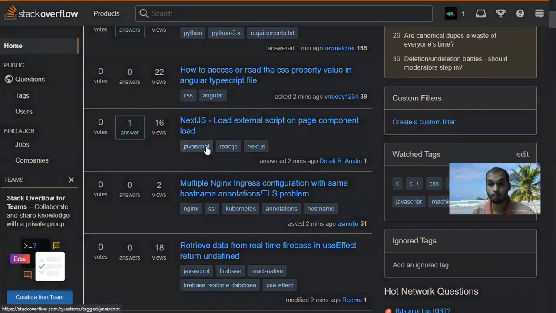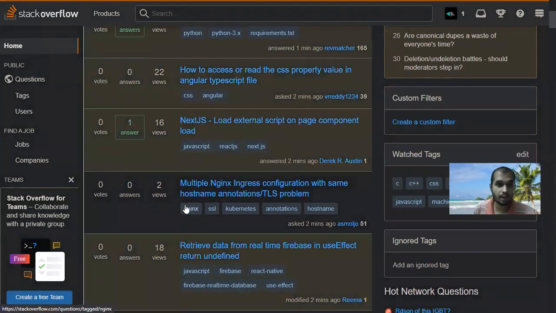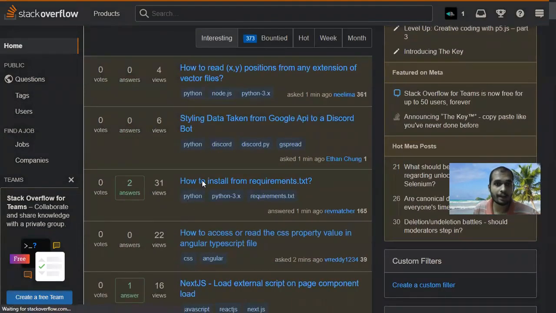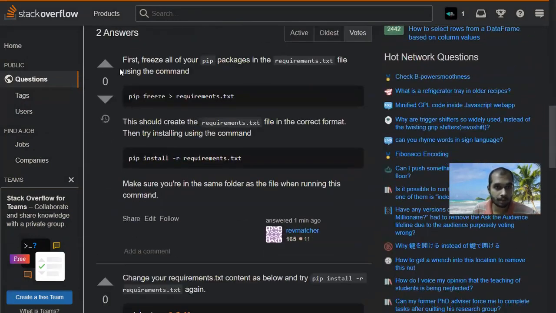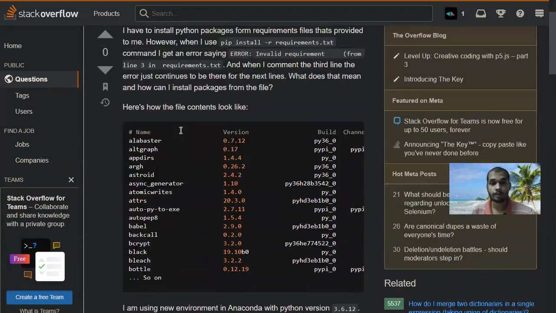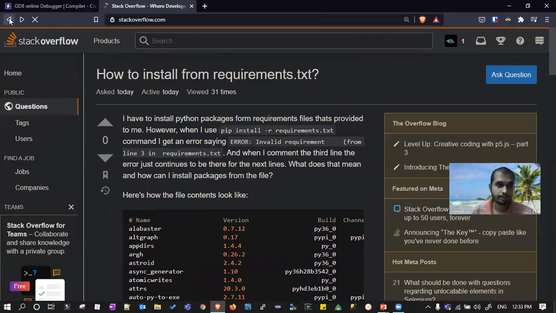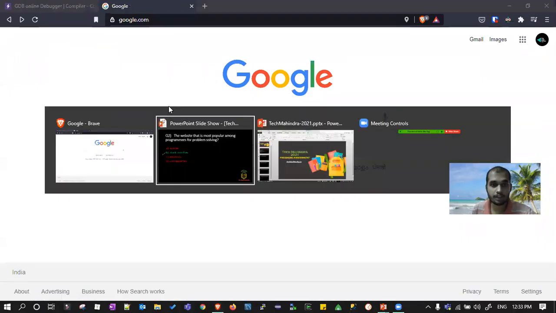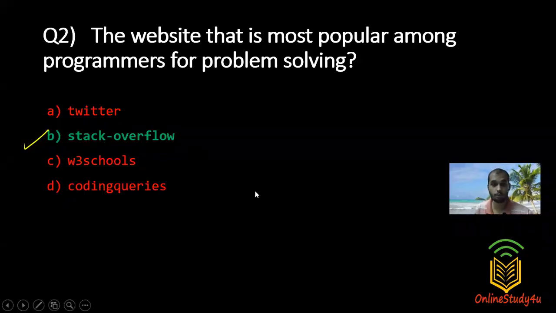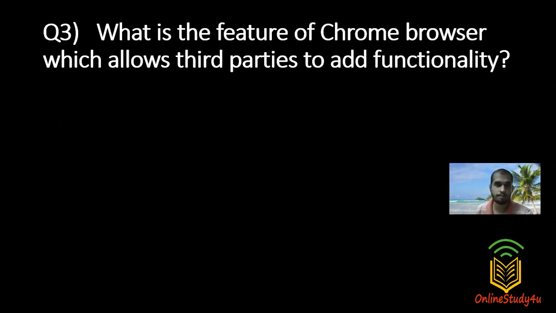Let's suppose people are going to post questions, right? And they want answers for this, so people can answer here. They post these questions, and people will come here and answer. So I hope you know about these websites. Okay, so that is the answer for question 2, Stack Overflow. So it's more of general knowledge, as I said, right? Let's go to the next question, the third question.